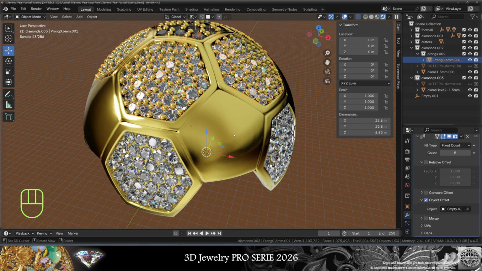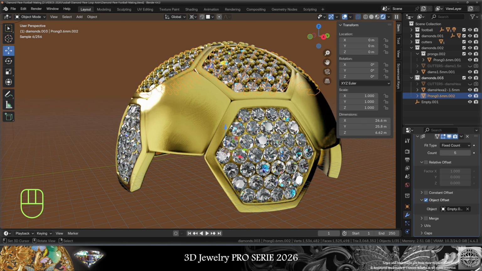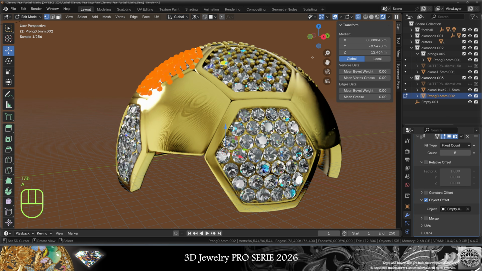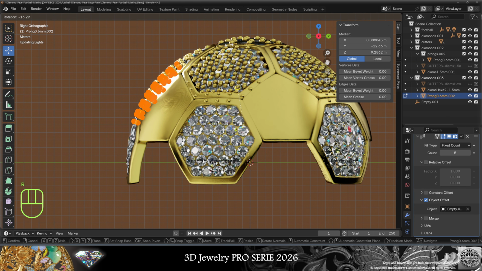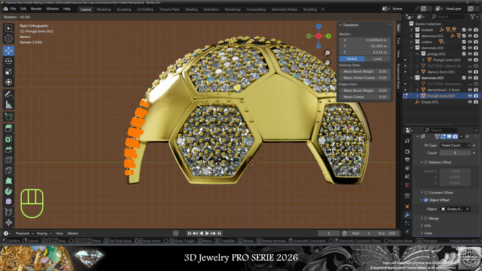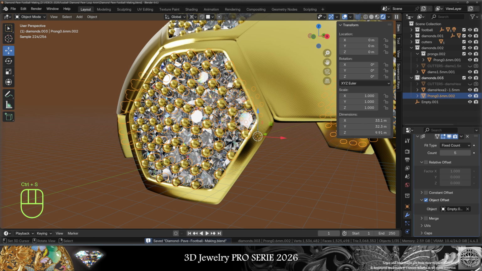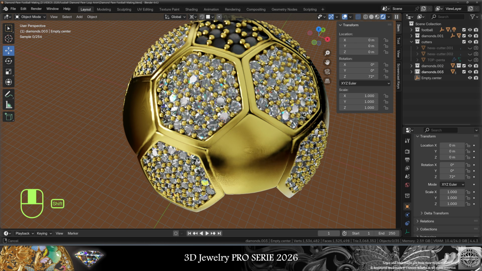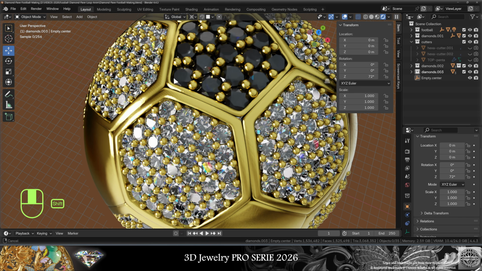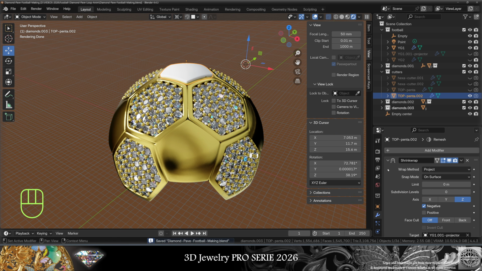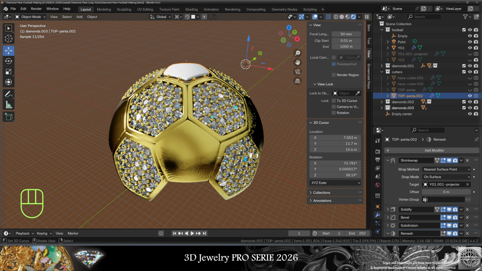Now let's select the prongs, make a copy, center the cursor, go to edit mode, select everything, and now rotate the prongs to their new position. Exit edit mode, save, and be happy. Oh, I need to do the same for the pentagon. Let's copy the cutter, the shrink wrap modifier, change the wrap method to nearest surface point, center the cursor to 0,